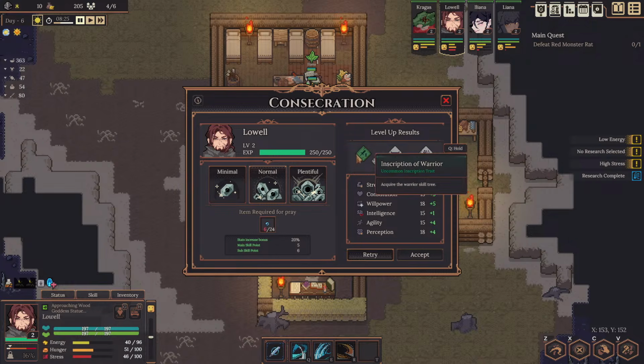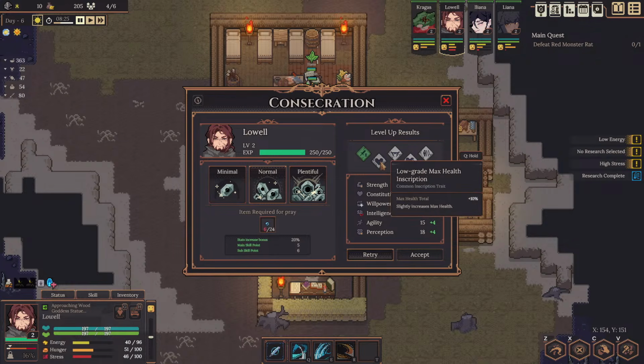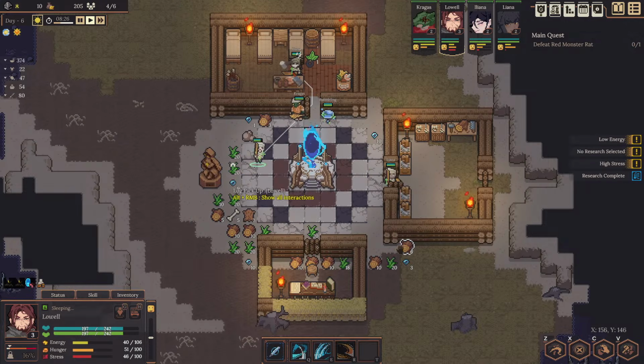What do we get? Inscription of Warrior. Acquire the Warrior skill tree? What does that mean? I think I already have... Oh, I already have that, though. Man, lifesteal inscription. Dodge chance, max health. I want lifesteal. He deals a lot of damage, so...